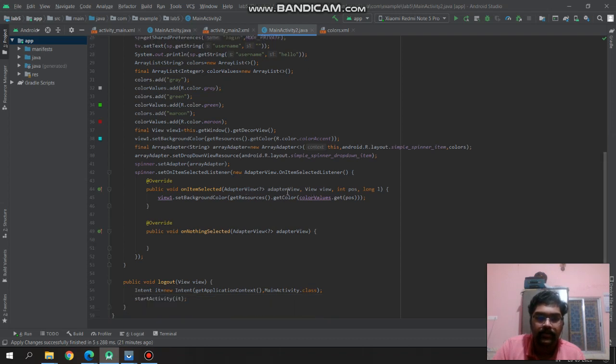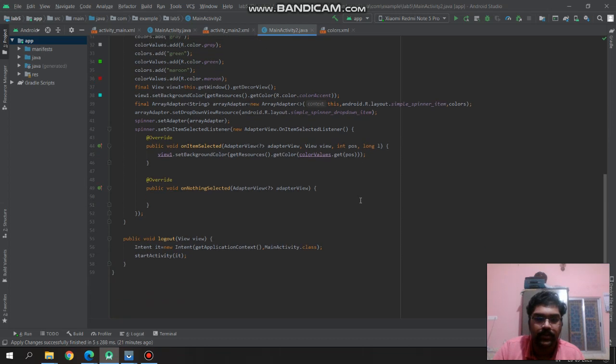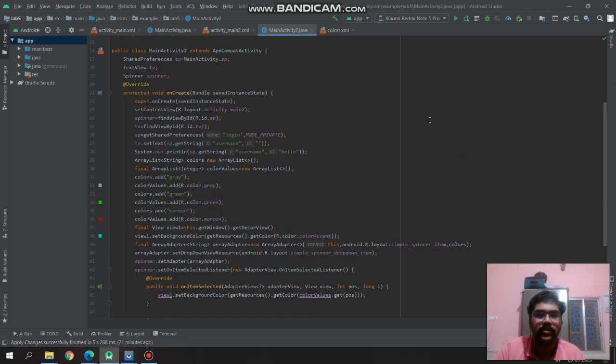In that we are passing all the variables, and we are setting view one with the background color of the selected color by getting the position of that color value. And finally we are giving a logout functionality by using an intent to the starting page of that program.